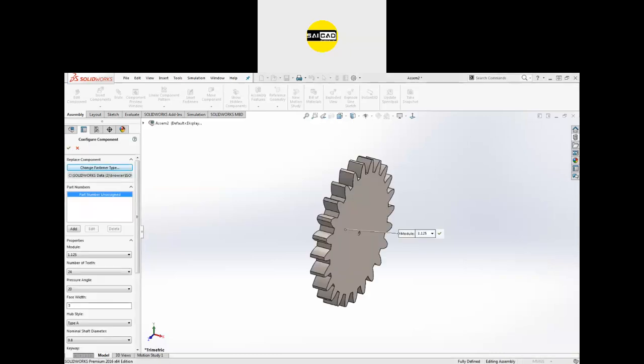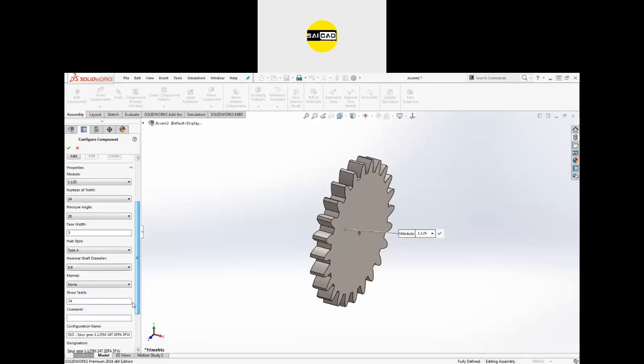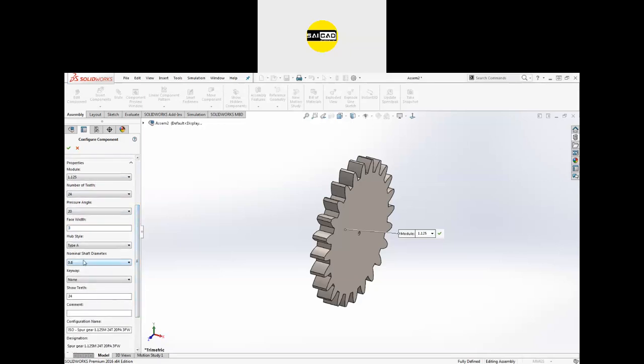To check the properties, first go to that particular object. We have the module that is 1.125 that we need. We have the pressure angle at 20 and the number of teeth to be 24. The face width we need is 3, so that's okay. After that, we have the nominal shaft diameter, which will be the internal diameter.